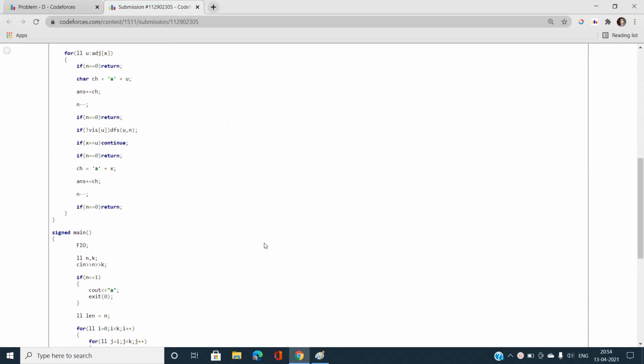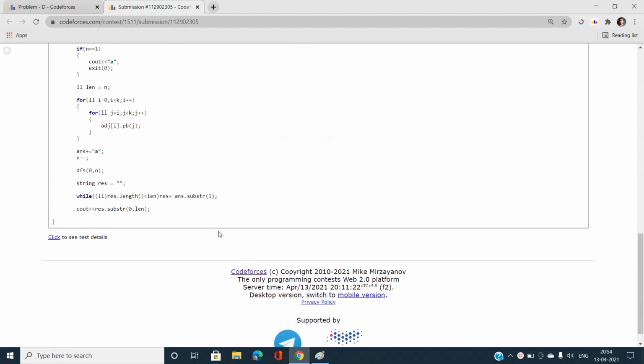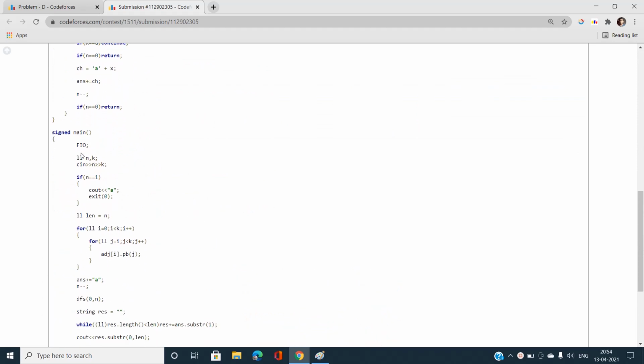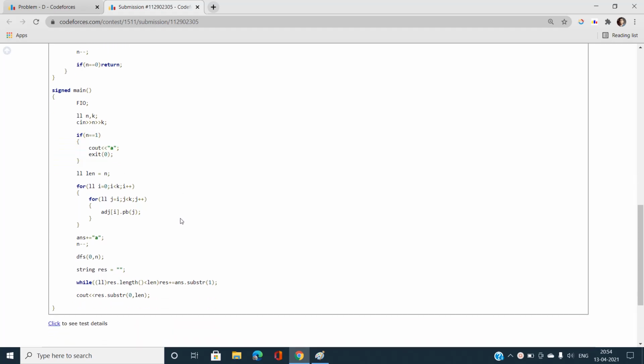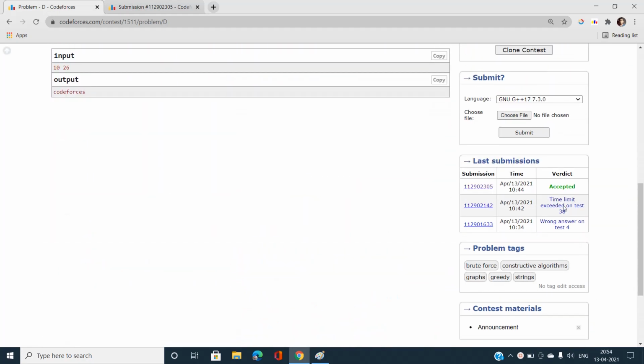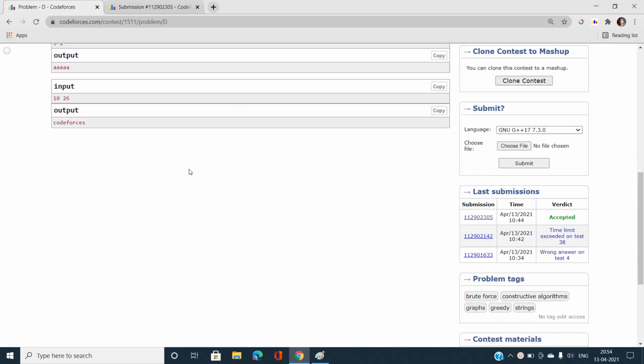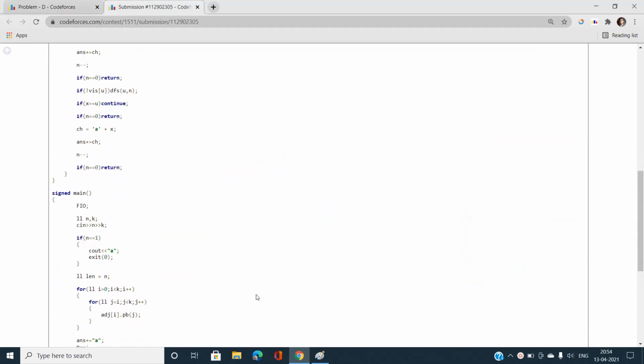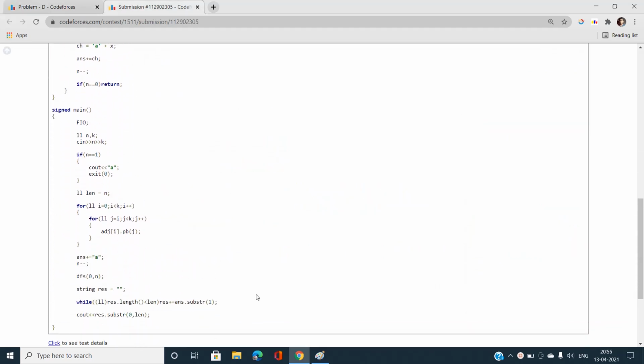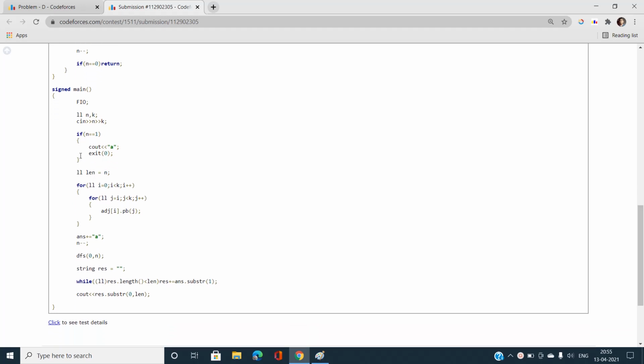Okay, so here is the code you can see. Let me start with the main function. I have taken n and k as the input. If n is 1, I am just mentioning the base case here to avoid errors, because when I submit this code, it gives time limit exceeded first and then wrong answer, just because of the base case that I missed. You can have many other solutions, like the maths approach, but I think this DFS function is the best way to implement this problem. So if n is 1, just print a and exit the program.